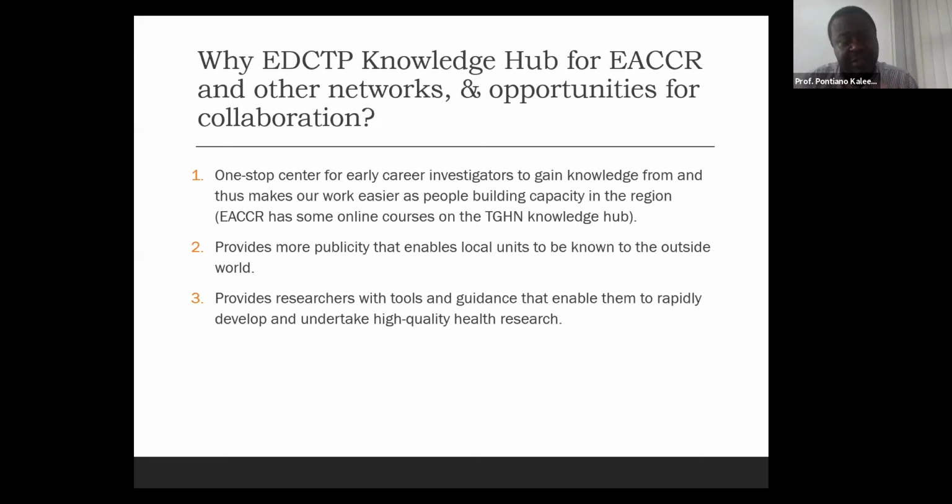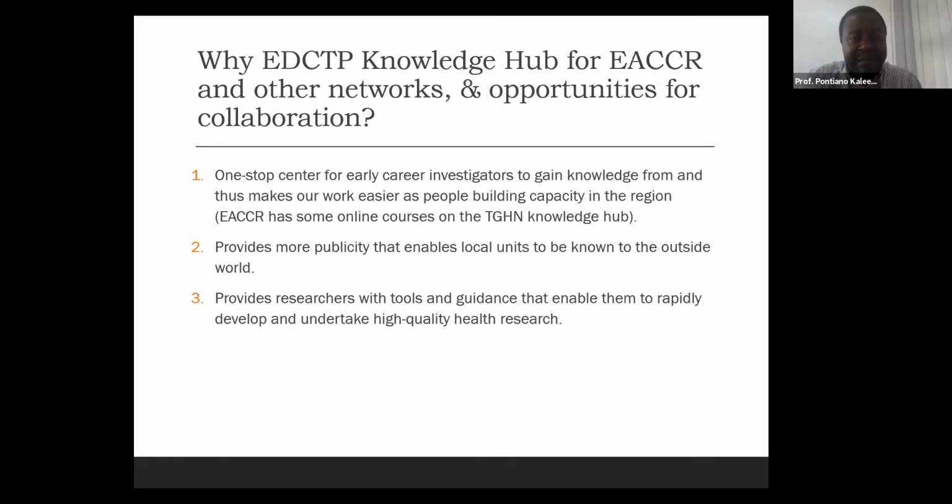And a lot of our members within the network have benefited from the online courses, GCP, GCLP. And in fact, now it is becoming the main source of our capacity building. So we can, again, use it. I want to encourage all those in our networks, in our institutions to use this hub, provide information to improve on it,